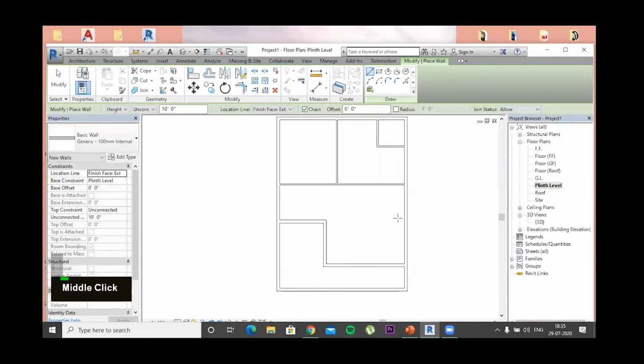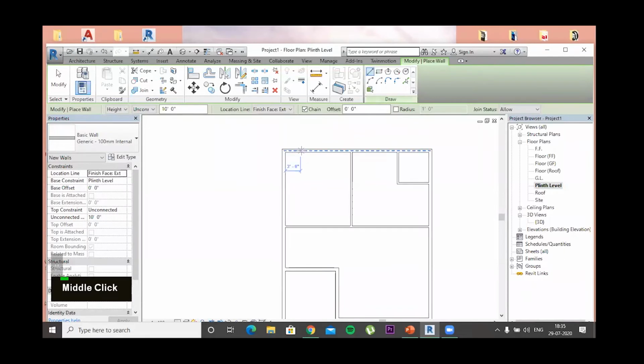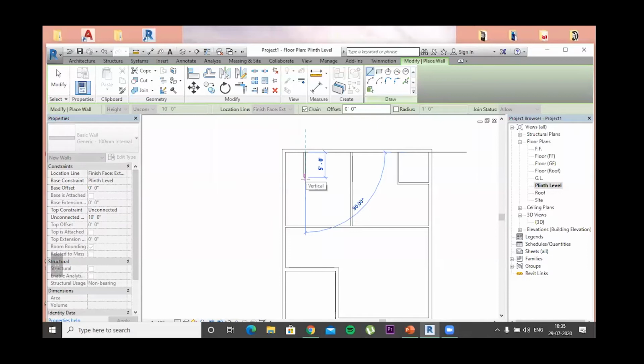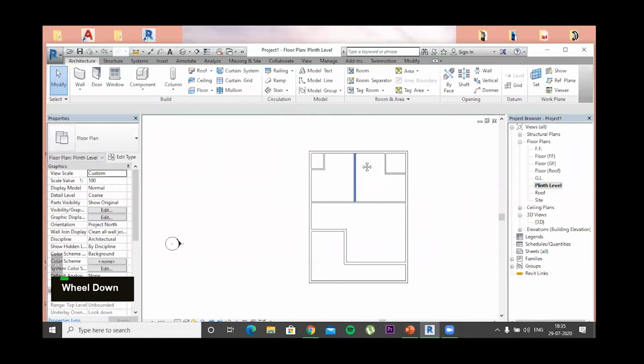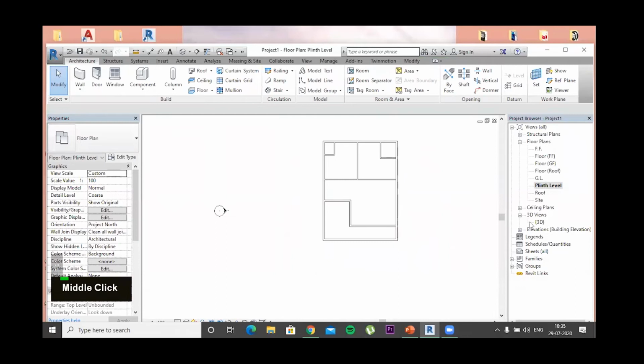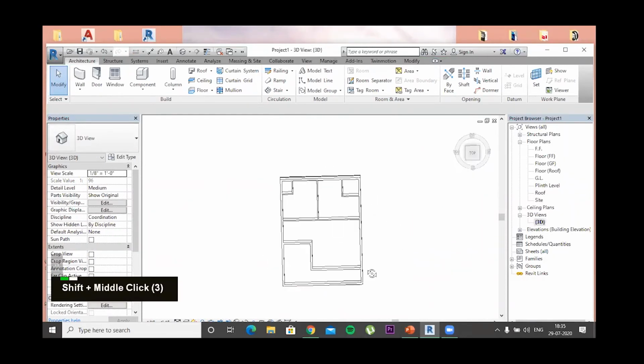And maybe an attached washroom that will be around 4 feet by 5 feet. Pretty much it. Okay, so let's see in the 3D view what we have created. This is how it looks.